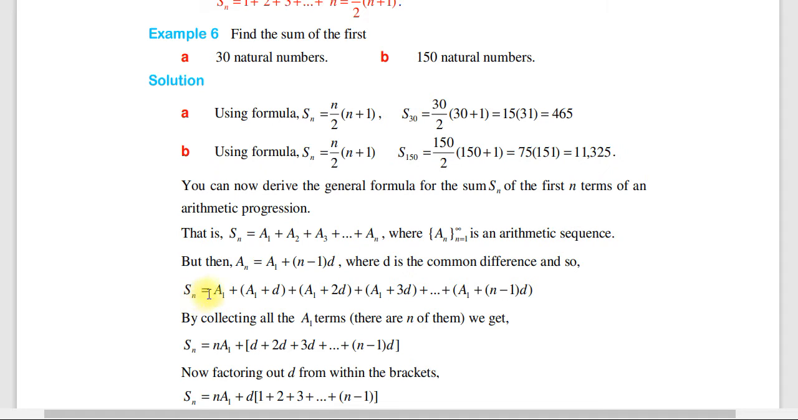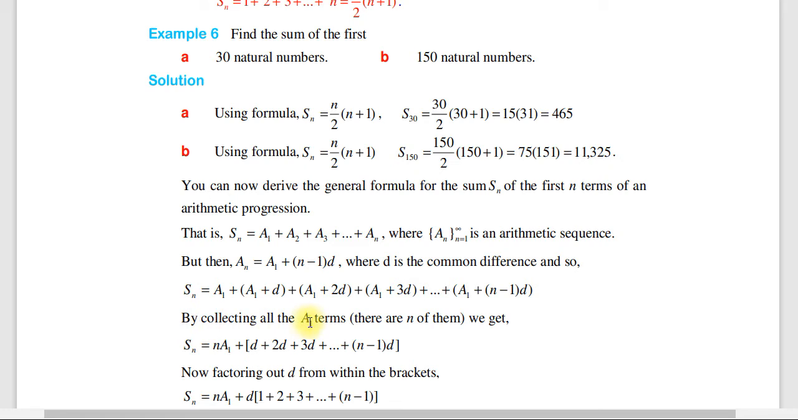Sn ማለት a1 plus d ምክንያቱም አርቲሜቲክ ከሆነ ኮመን ዲፈረንስ አላቸው እዚህ ጋር ማለት ነው። ስለዚህ an ማለት a1 plus n-1 times d ነው። So Sn ማለት ደግሞ a1 plus d plus a1 plus 2d plus a1 plus 3d እያለ ይቀጥላል።